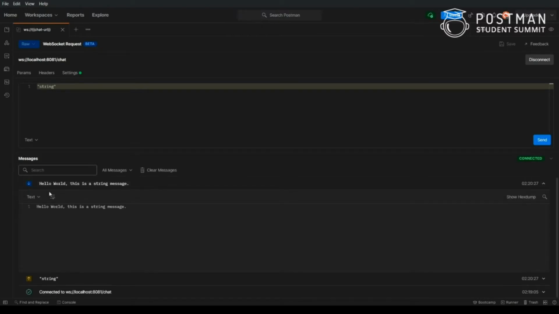So here it automatically parses the data and tells me that it is a text type, and it shows me the text. So the original data actually flows into the hexagram, and this is the hexagram. You can always click here on show hexagram, and it will always show you the hexagram, and this is how the data is flown.